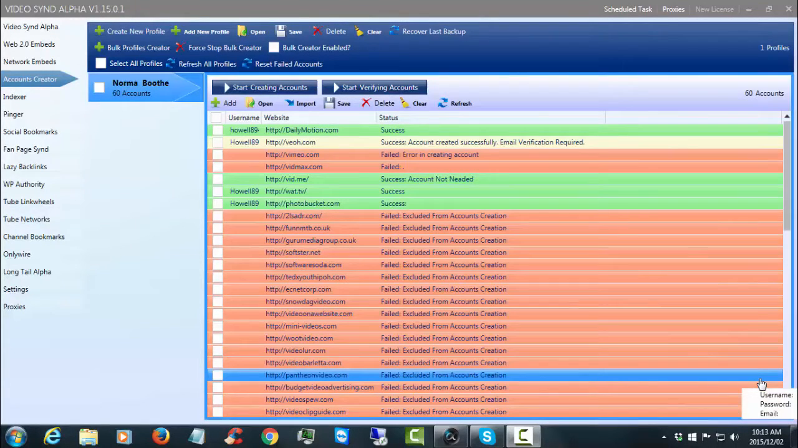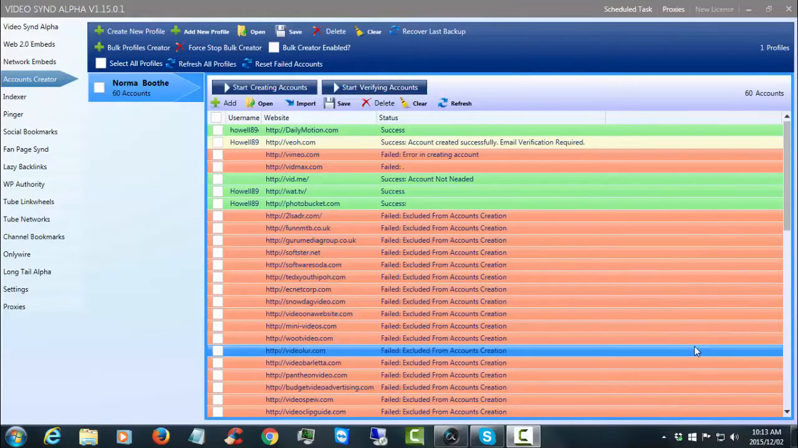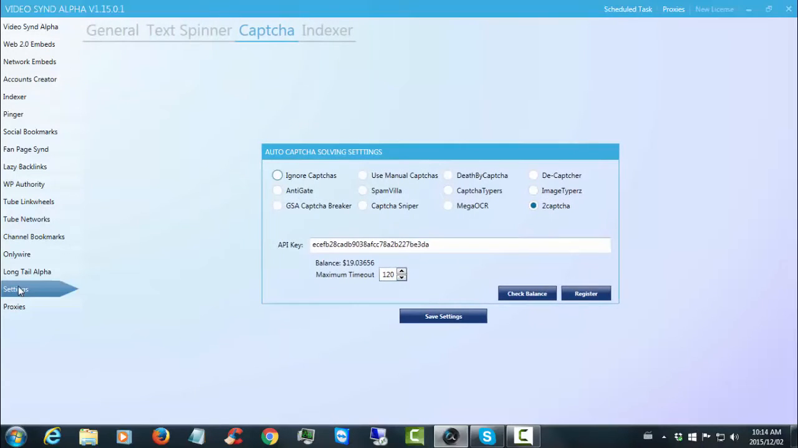Okay, in this video I'm going to be discussing accounts creation because some people seem to be having a little bit of an issue with it. One of the important things to remember with the accounts creator is you need to have the correct captcha services enabled,